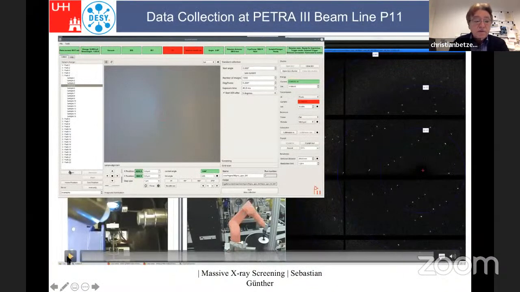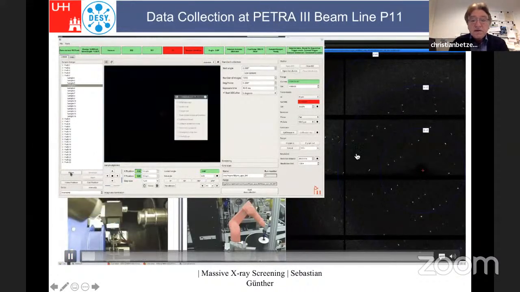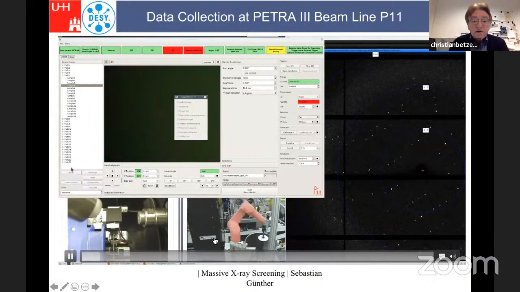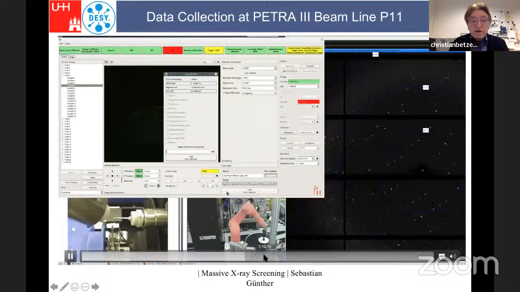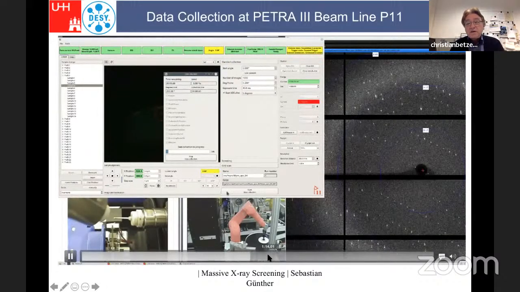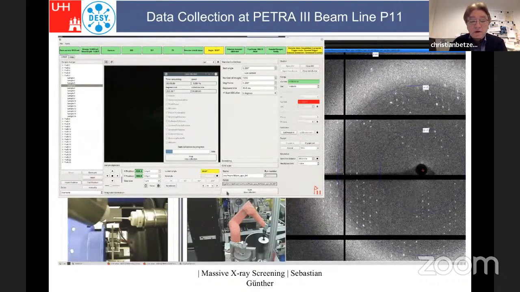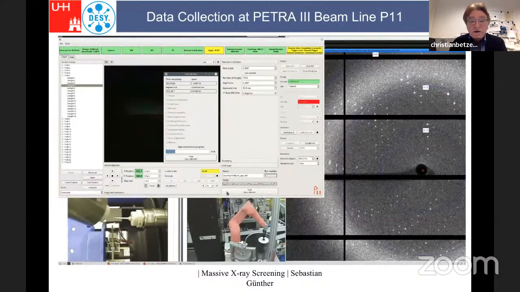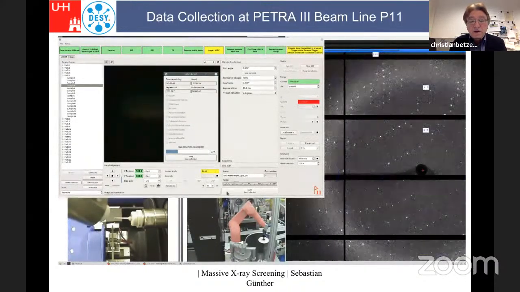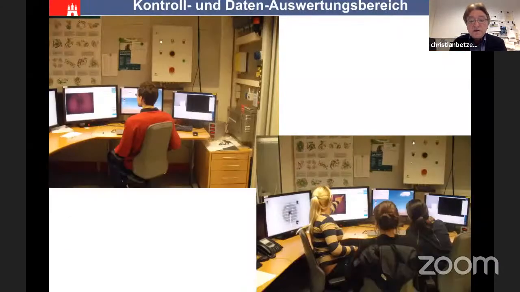This is again a movie showing procedures. I have to click forward soon. You have a detector here, you have crystal data handling here, and you collect data sets. Almost in 30 seconds, you have one data set. And we process data from here, Hamburg, up to colleagues in Moscow. They were involved in processing a tremendous number of data sets. Here's a figure showing the group working in front.